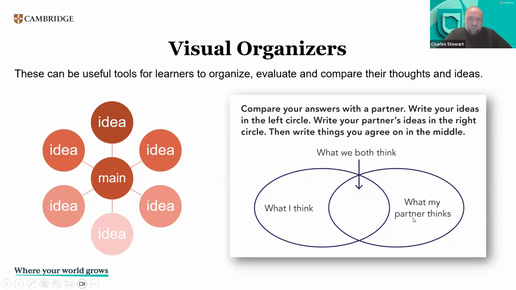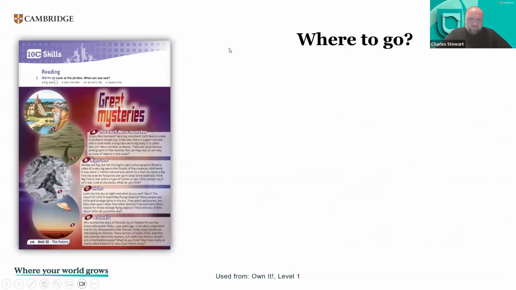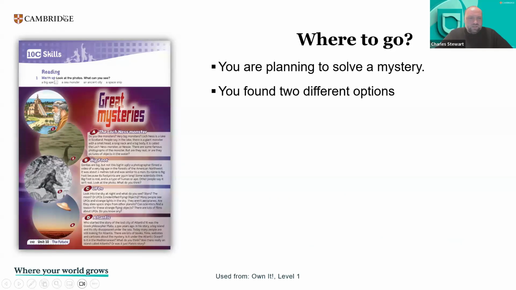Now, I would actually, for this activity, lend something like this to my learners. Imagine you're planning to solve a mystery. What are two of these mysteries that you think would be interesting in solving? In the chat, Loch Ness Monster, Bigfoot, UFOs, or Atlantis? For me, I would say probably UFOs would be the most interesting. I'm a huge science fiction fan, and so definitely UFOs would be my cup of tea.